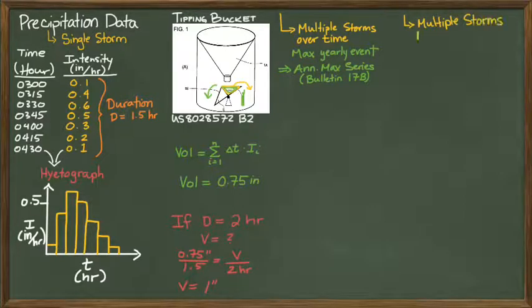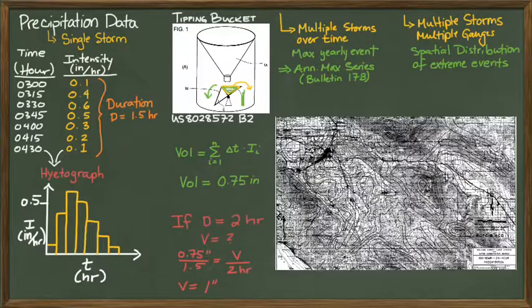It might also be that we have multiple storms being observed over multiple gauges. In other words, we have multiple gauges running and recording data, and that allows us to get the spatial distribution of our precipitation. That's helpful because now we can create maps of our precipitation. We can demonstrate that if you're in this location, this is probably what your precipitation will be, rather than saying, well, LA has 13 inches of rain or whatever, and I guess that applies to our site in Pasadena, which it doesn't. So we put up multiple gauges and then we can create these maps.